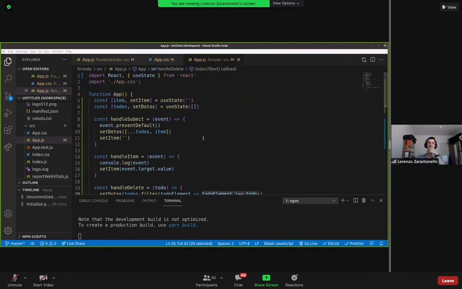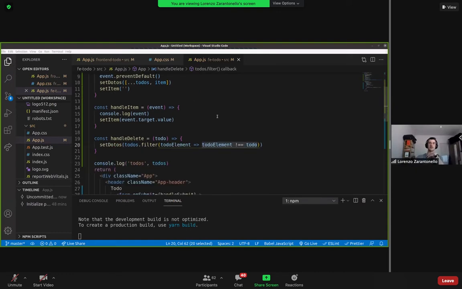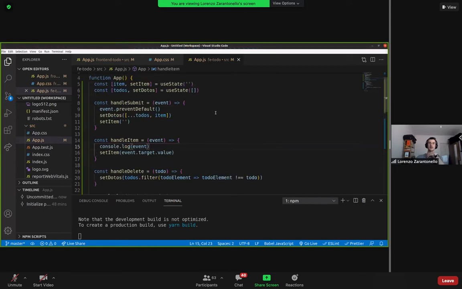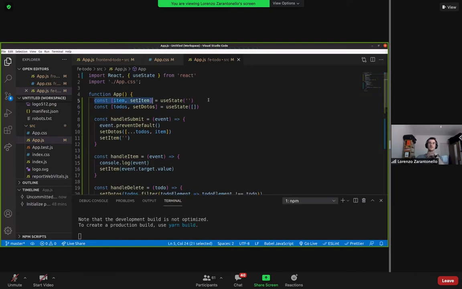Well, it's not that there are some important lines. In a way, here we are doing the same thing 3 times. And basically, what you need to understand is that we are using a state hook, which is this one, or even this one. So when you see use state, we are using a state hook. This is relevant because